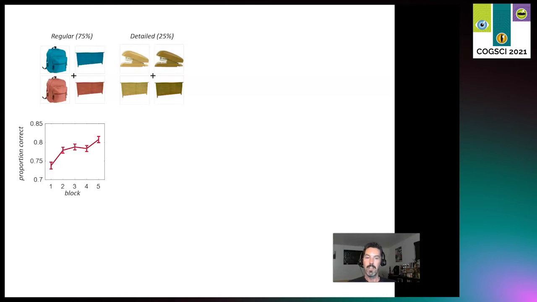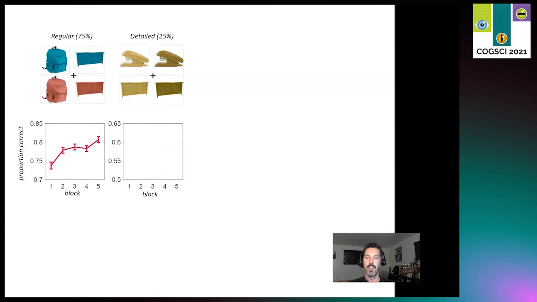When all people had to know about the object was its color hue, performance increased steadily throughout the experiment. That is, as they learned that backpacks are mostly red, they were able to use that knowledge to chunk red and backpack together in any display with a red backpack, allowing for better memory for that information in the regular tests. The key question, though, is what happens when we ask them to know more than they could have stored